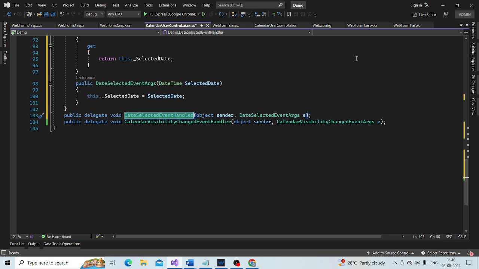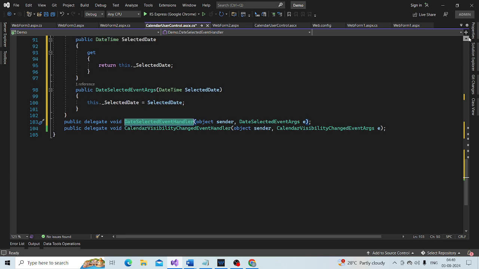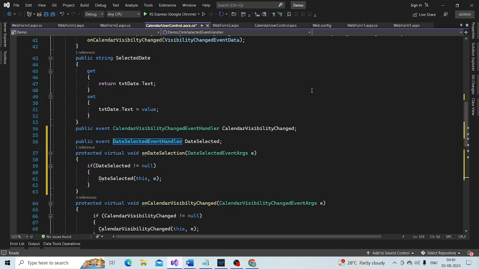The event, this event, and then this protected virtual method. And finally, this is where we are actually raising the event.